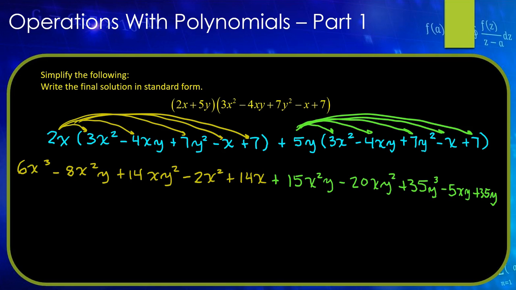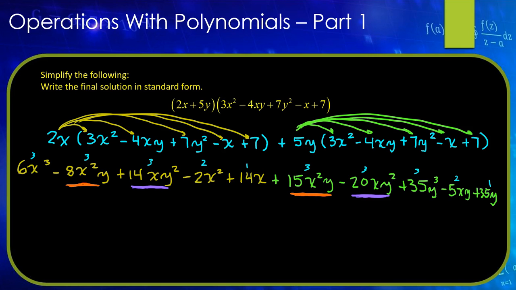Now I like to put this in some sort of standard form. So I'm looking for the highest power, the highest degrees of each term, so I can put them in the right order. So when I look at these, the 6x cubed has degree 3, the 8x squared y has degree 3, the 14xy squared degree 3, and all the other degrees are given. And I also underlined some like terms. So I only have two sets of like terms that I'm going to have to combine. Everything else is just going to get rewritten. I just have to make sure I write them in the right places. I at least want them grouped by degree 3s, degree 2s, degree 1s, and any constants, which I don't have